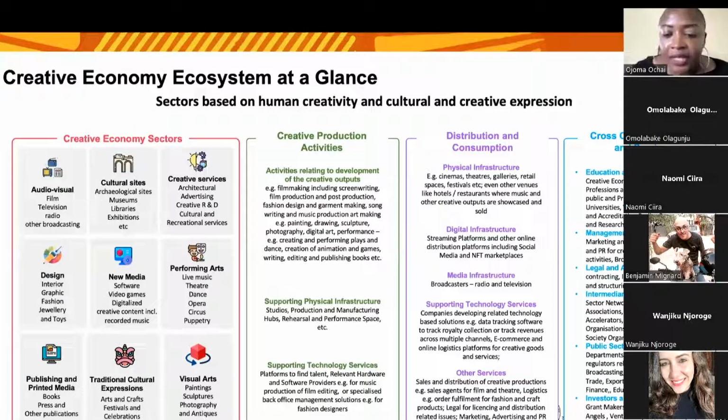The final ecosystem player is investors and financiers. And investors and financiers are of different types. They're grant funders, they're banks, they're lenders, like cooperatives. You also have venture capital, people that give you money in exchange for a share of your company.